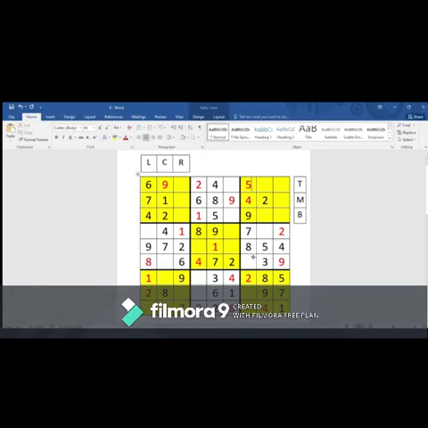Number 6. There is no number 6 in these 3 columns, so let's move to the next, number 7. There is one 7 over here, another 7 over here, so the only places left are over here or here, so we have 2 places, neglect it. Number 8, one over here, other over here, so the only places left are over here and here, so neglect it. Number 9, one over here, one over here, so the only place it's left.